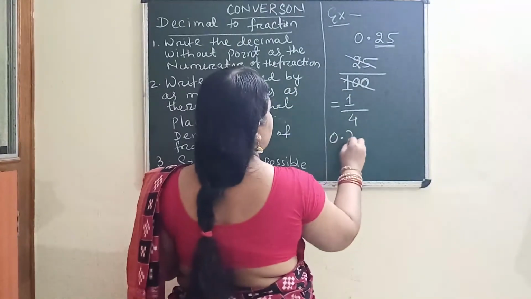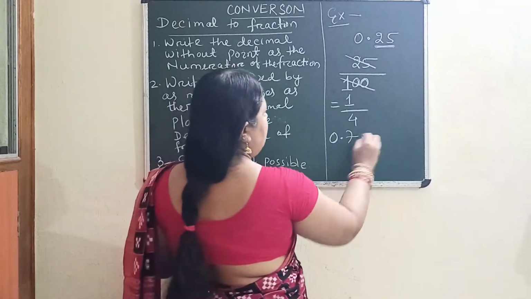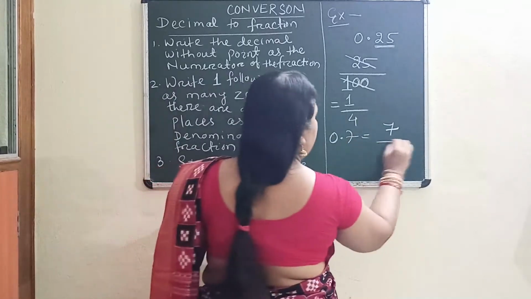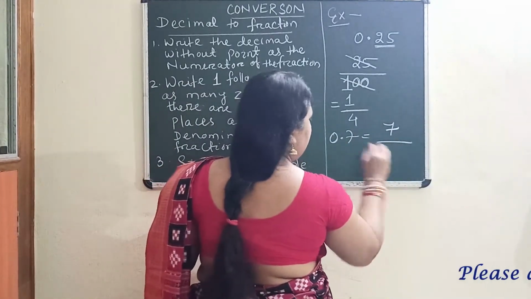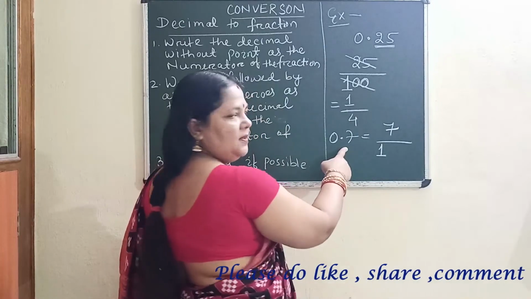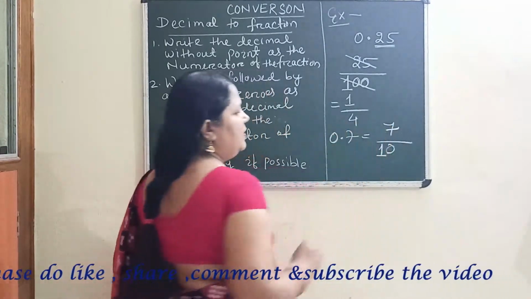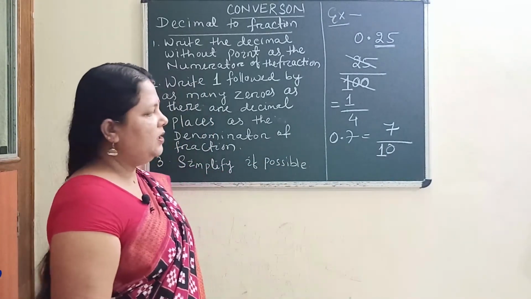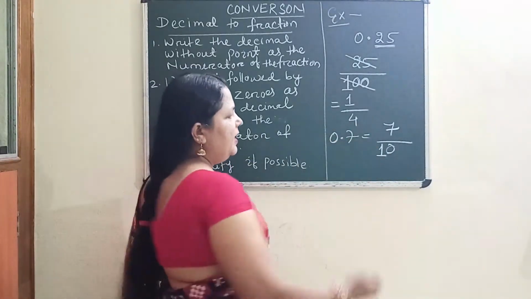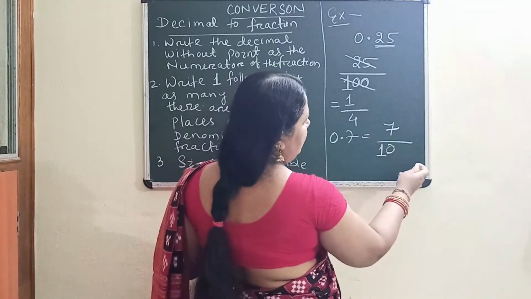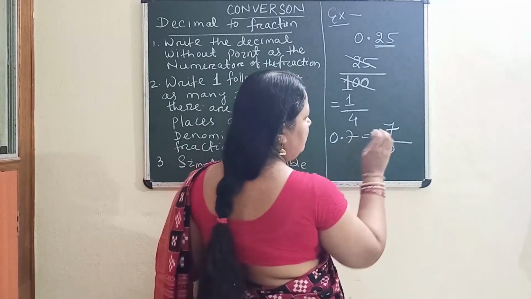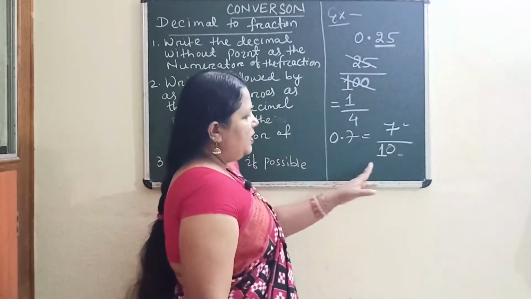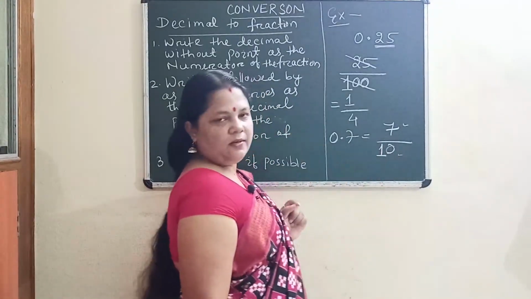Suppose 0.7. So what you will write? This decimal number you will write as your numerator, then divided by, write 1 in the denominator and how many decimal places? 1. So add that number of 0 with the 1 and that will be your denominator part, and we got here 7 by 10. It is not possible to convert into lowest term as this is your lowest term, this one is your prime number, this one is your composite number. So there is no combination leaving 1. So this is your lowest term.